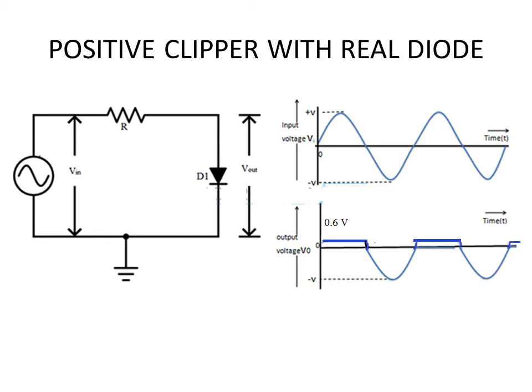So that is the case of real diode, but the rest of the thing, whatever happens during the reverse biased state, since it is open, the potential barrier is not getting reflected there, or it is not relevant when the diode is reverse biased. So whatever we got in the output during the reverse bias stage of the diode will be exactly as we discussed in the previous slide. So to sum up, you have got the outputs like this. The clipping is not at the zero value, but the clipping is taking place at a level which is equal to positive 0.6 volt if the diode is a silicon diode.